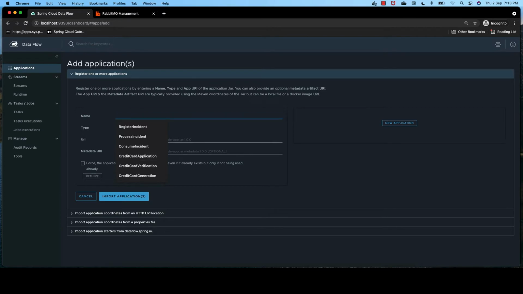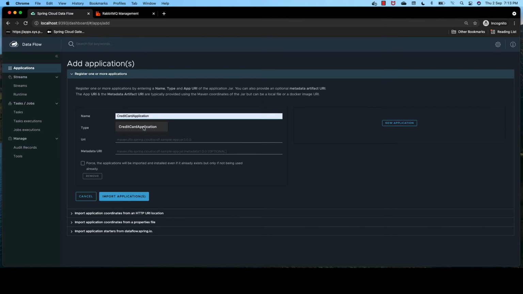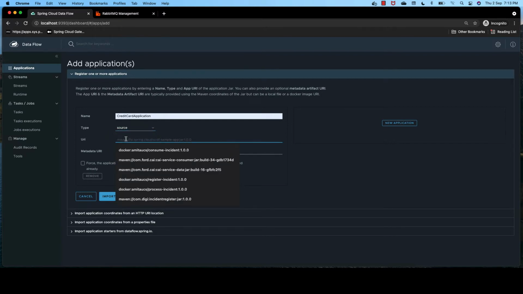First, we register our supplier, that is the credit card application. It should be of type source because it is the supplier. Now we give the URL. It should be in this format: Maven,